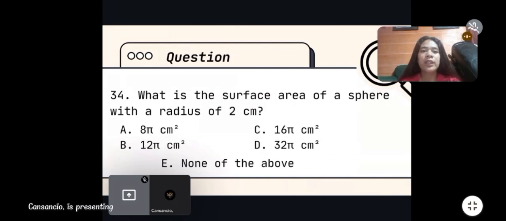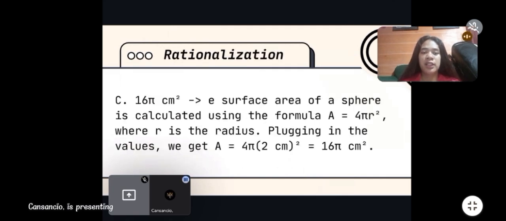Number 34. What is the surface area of a sphere with a radius of 2 cm? A, 8 pi centimeter squared, B, 12 pi centimeter squared, C, 16 pi centimeter squared, D, 32 pi centimeter squared, letter E, none of the above. So the correct answer is letter C, 16 pi centimeter squared,